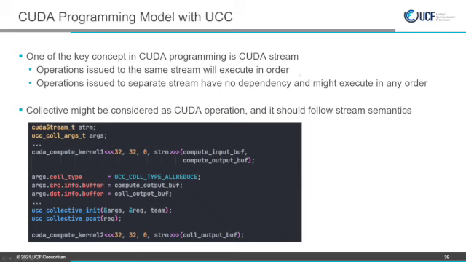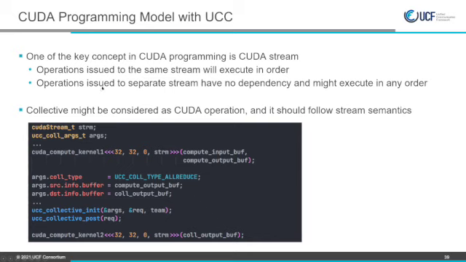That's why in CUDA there is a notion of a stream. A stream is something like a software-defined queue. So different kernels can be submitted to different streams, and two rules apply to streams. Operations submitted to the same stream will execute in order, which means that if I issue kernel 1, then kernel 2, kernel 2 starts only when kernel 1 is finished.